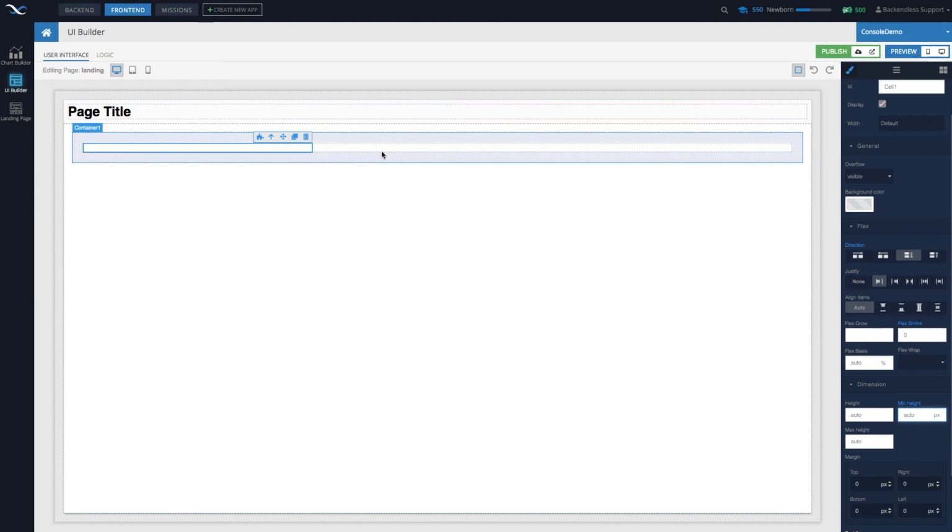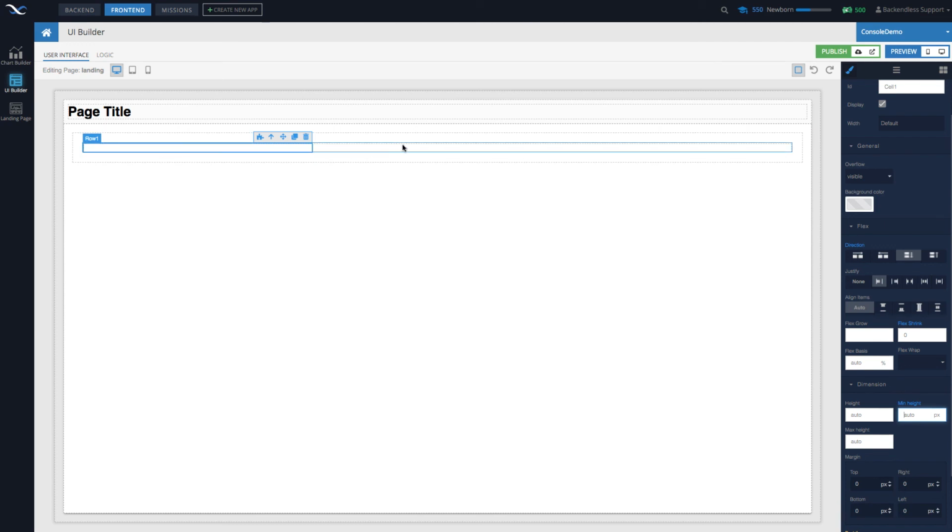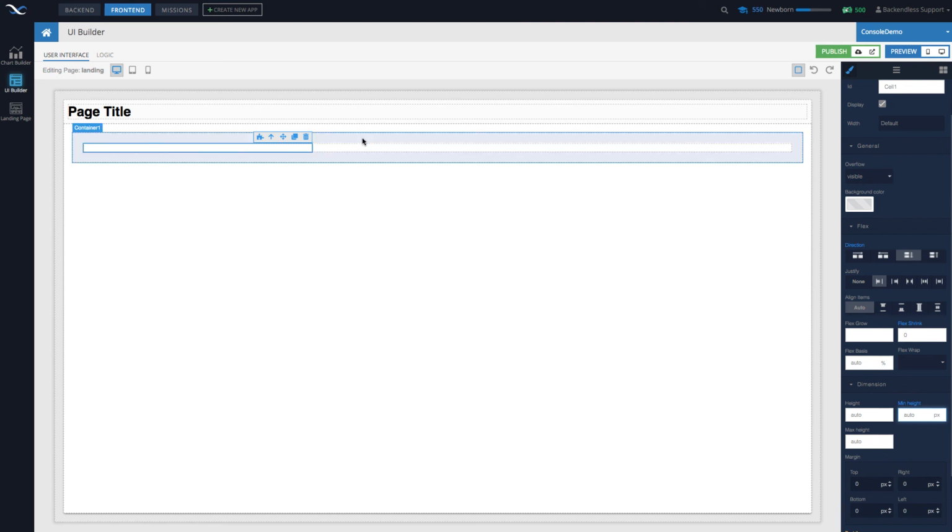So as you can see, it became a lot more compact. By the way, we are using the container component. The structure of the container component is that it contains one or more rows. By default, we include one row in there, and that row includes one cell, and then a row may contain multiple cells. So out of the box, it contains the minimal structure that the container always has.